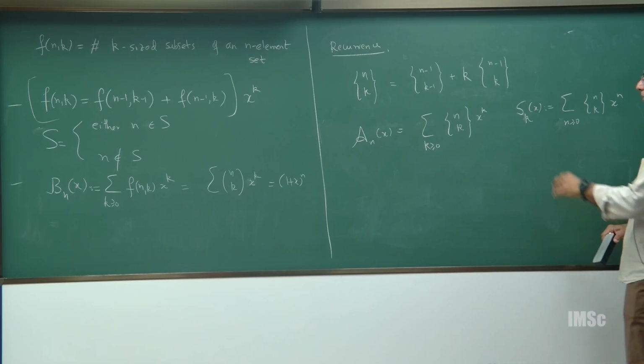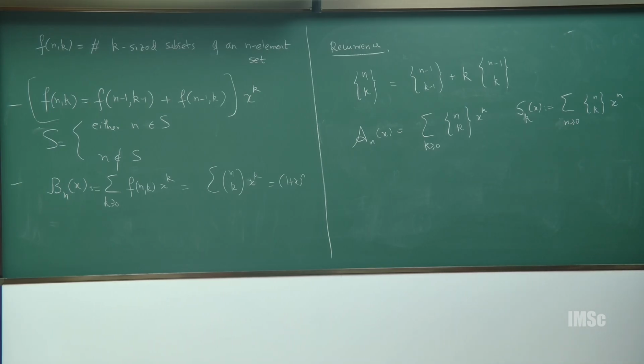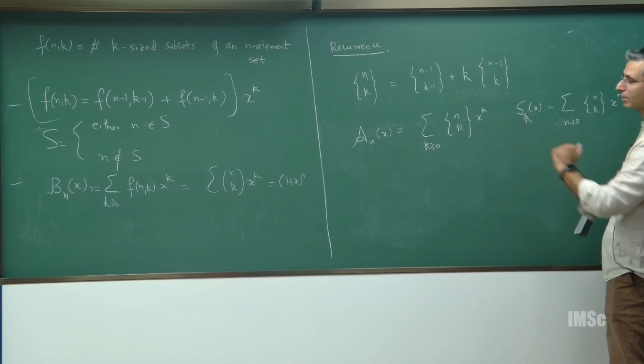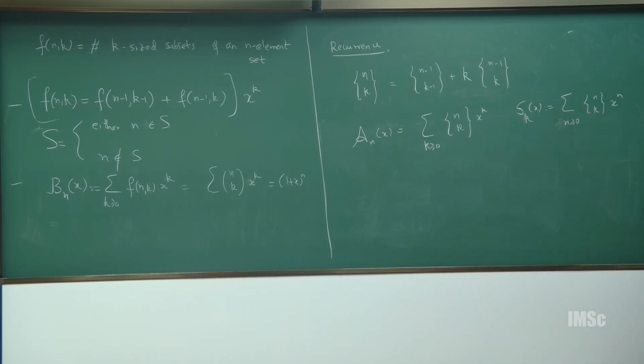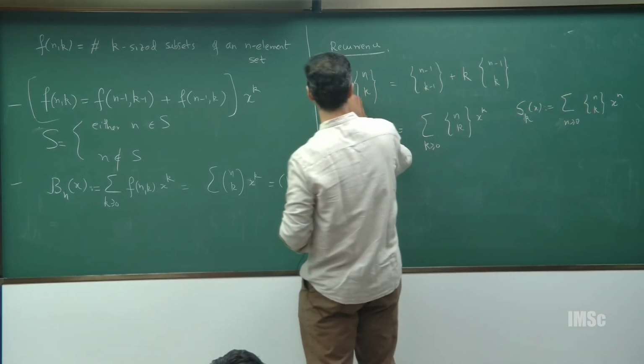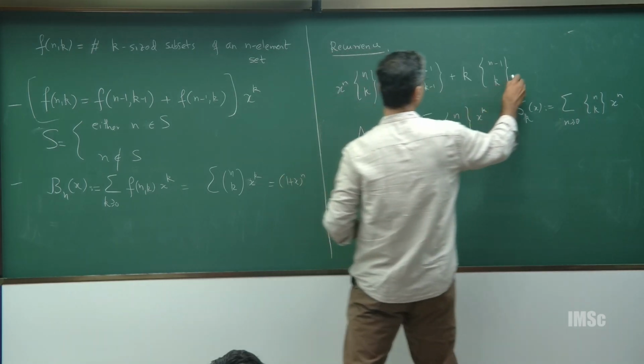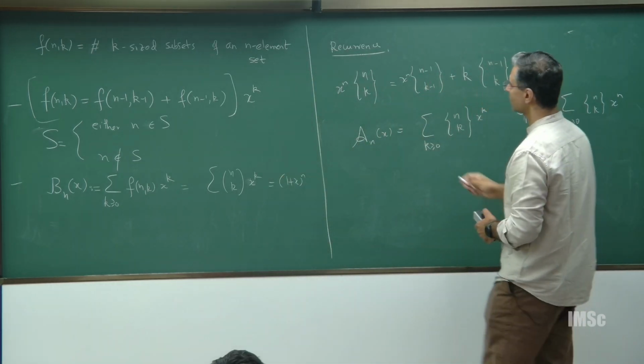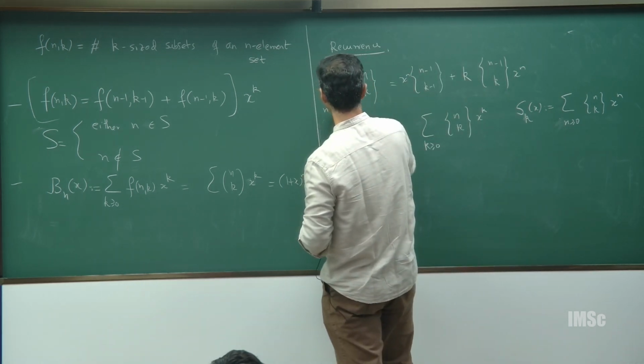Okay, you can work with both, and they will have their benefits and challenges. But let's, just for a change of taste, do this one, and it will become clear why this is slightly easier in this recurrence to work with. I mean the idea is same. If we multiply by x raised to n and sum over n,